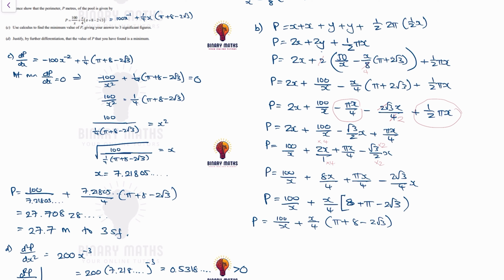Therefore, minimum occurs when x is equal to 7.218 and so on. Therefore, minimum value of p is equal to 27.7